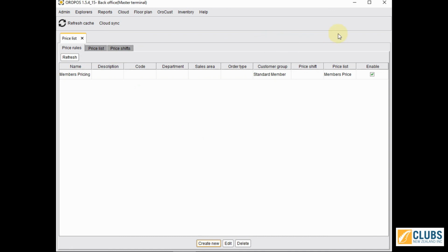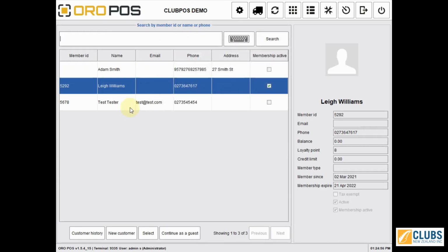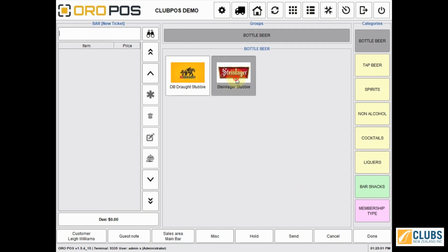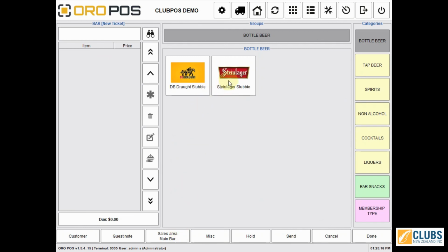So we're now going to close that and open the bar tool, and we're going to select me as the member, and if we sell a Steinlager stubby, you'll see I get the discounted price of $6 on there. Get rid of that, and if we cancel that sale, then we'll go in as a guest, and then if we sell a Steinlager stubby, you'll see it sells at the full price of $8. So depending on whether they're a member or not,